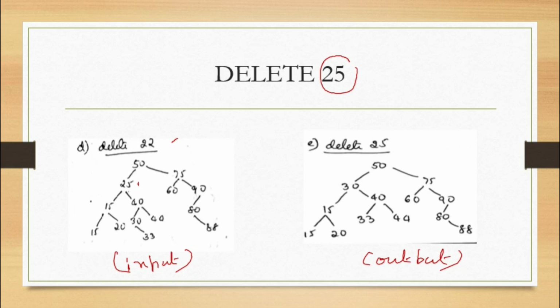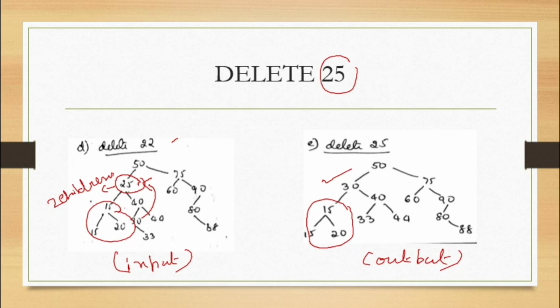So to delete 25 you have to see the previous one. Now it has two children. So what you have to do now, when two children are there according to our rules, the number which is slightly bigger than 25 you have to replace. You will always find the slightly bigger number in the right subtree only, not in the left subtree. So 30 is slightly bigger, so 30 you have to replace in place of 25. That is how your 30 comes here, and all other things will remain the same, students. So 30's left will be your 15, with 15 and 20 the same on both sides.